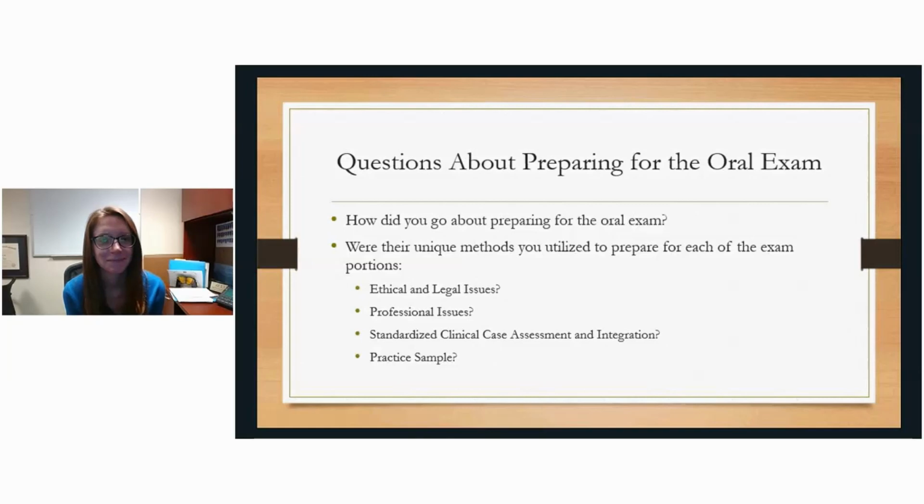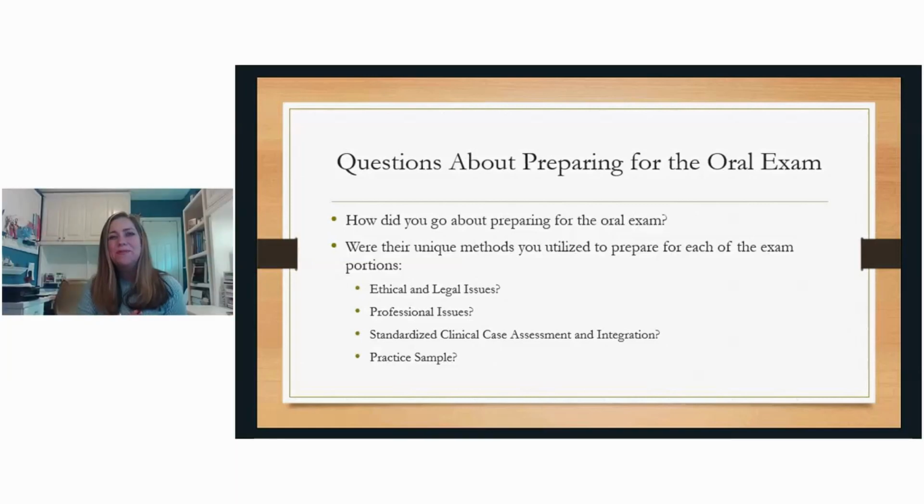So to me, that was a little bit more tricky. With professional issues, you're doing a lot of talking about your own particular setting of practice. So I went back and I read through my personal statement that I had attached also to my practice samples, and tried to look at it from an angle of what would people perhaps be asking me from that write-up that I did, because a lot of times the examiners are looking through that and asking specific questions. So making sure I was comfortable in articulating all of those different areas of practice